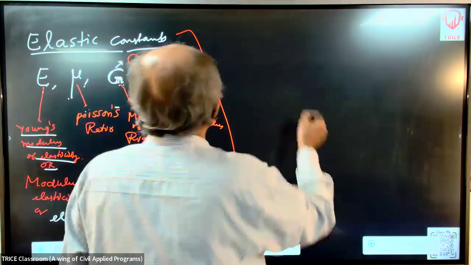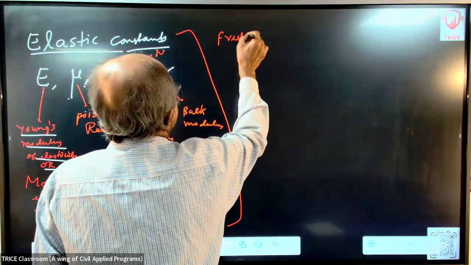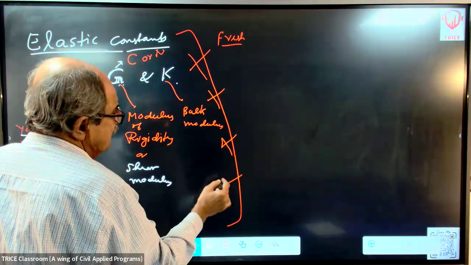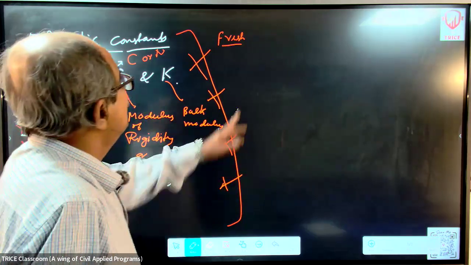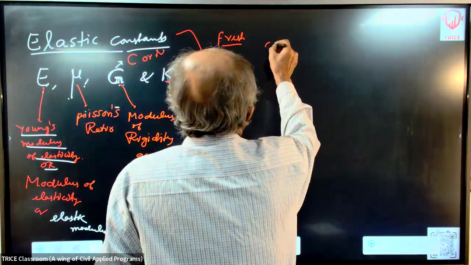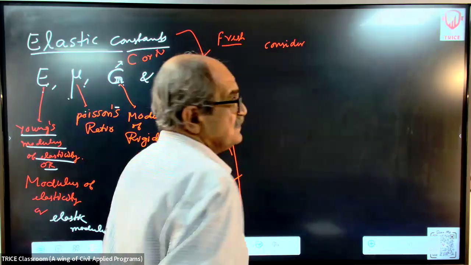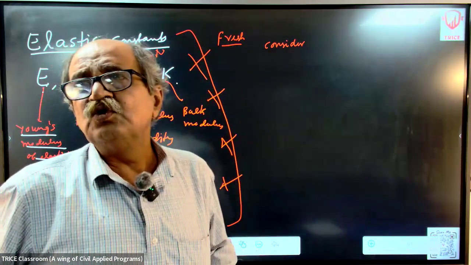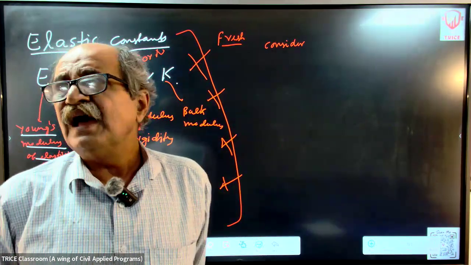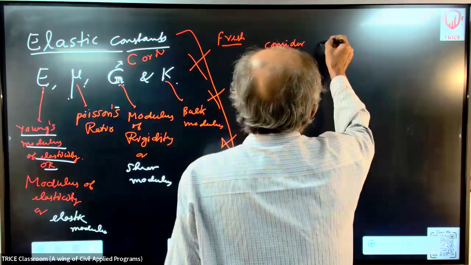Now, a little elaborate, we start fresh. Do not see anything on this side. First consider a member. In this class, we cannot tell too much of story, it will take hours together. So, briefly, consider a member